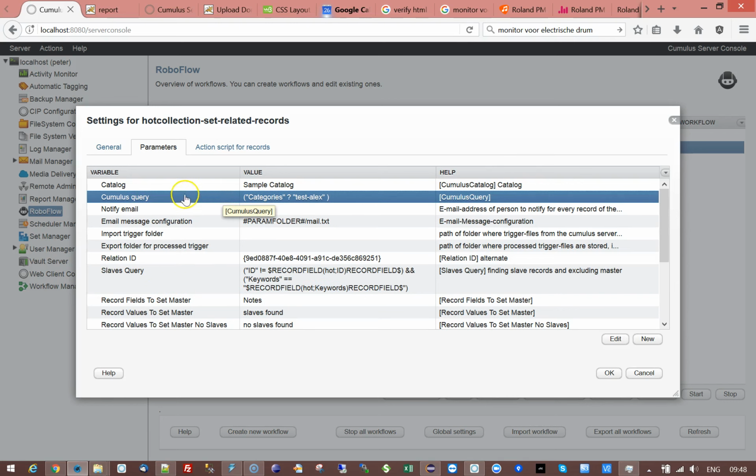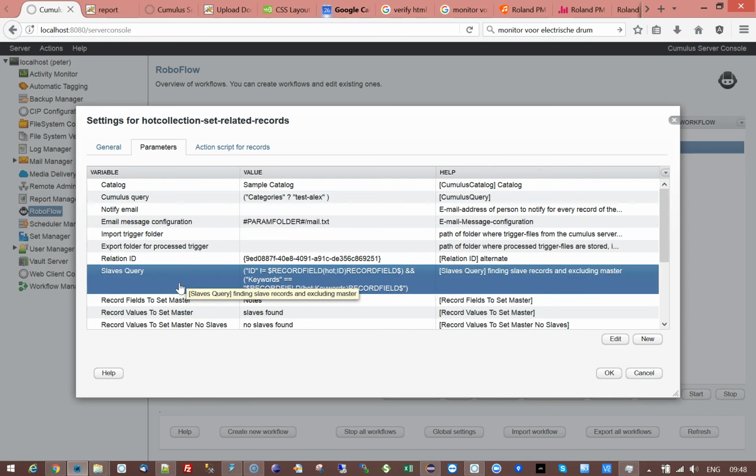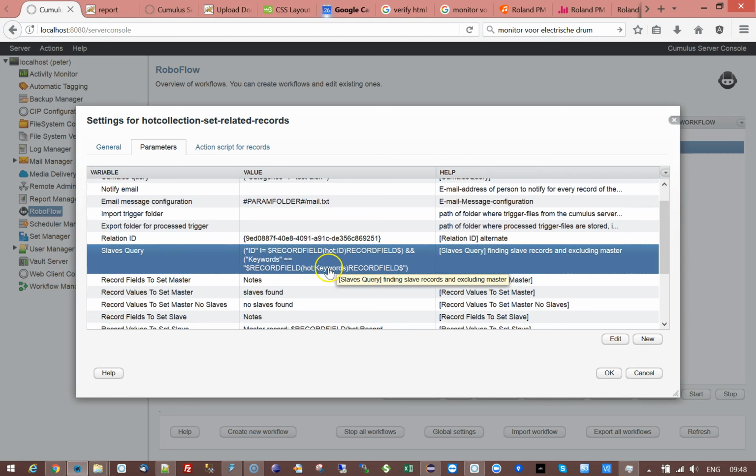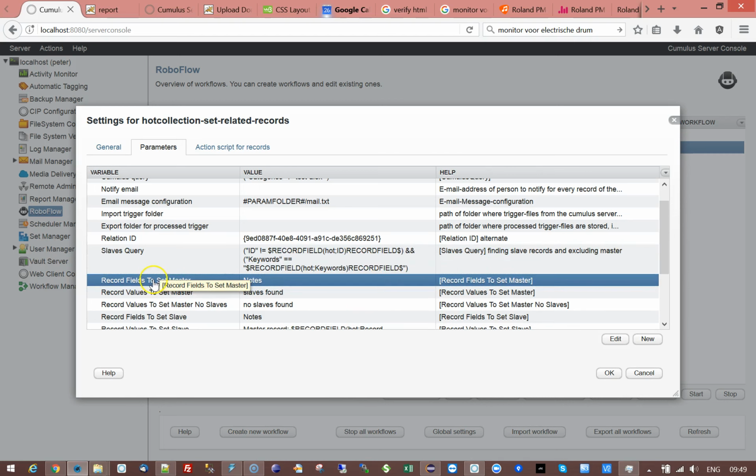Then here, this is the query for finding the records you want to process. Then for each record it will perform a query looking for the related records. In this example, the relationship is defined to be in the keywords field. Can be any field you like, can be a part of a field, whatever you want to put here in this query. And then optionally you can set